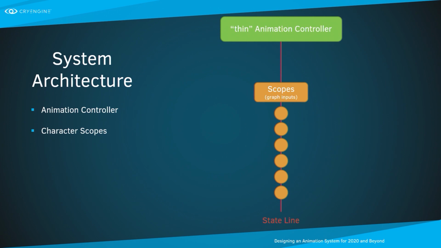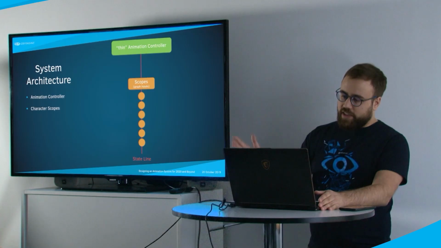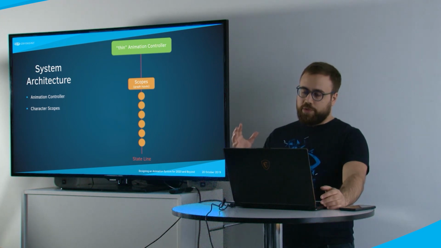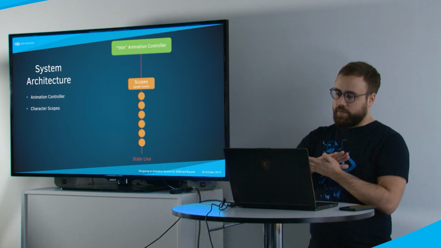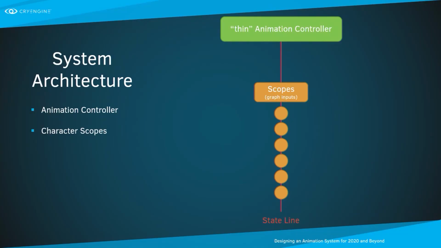So the state line is just abstract, it's not an element of the system, but it's an approach that we're taking, where we want to make sure that all of the stateful computation of our animated character is segregated, and we want to make sure that it stays on the left of this line. The advantages for this will be clear later in the presentation. So on the right